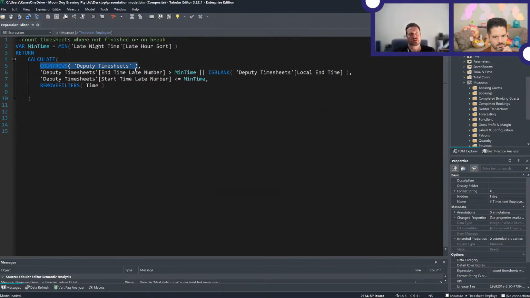timesheets, count rows of timesheets, but we would need to remove that filter on time because we don't want to filter everything by the start time. We need to say, just give me all the timesheets for this date. We still have our filter on date, but we've removed all the time filters and said, just count me all the timesheets. And then we reintroduce our explicit filters to get the ones that we want in that place in the chart. So we say,